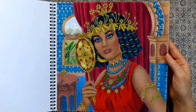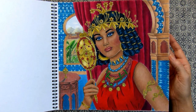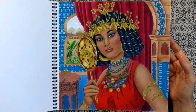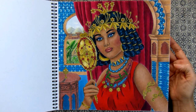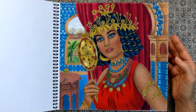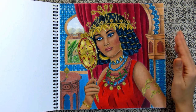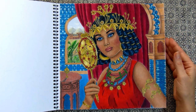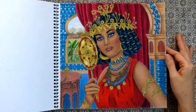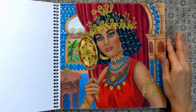So what I used here for coloring. At first, I wanted to save some time and decided as a base level to color her skin and face with alcohol markers. I took Winsor & Newton skin tone and I colored, and it looked so bad. Those markers performed so badly on this paper. I got patchy results, you know, and at the end I spent much more time because I needed to cover all those patches with pencils to make it look smooth, and it did take much more time. So better not to try to save time and just start coloring